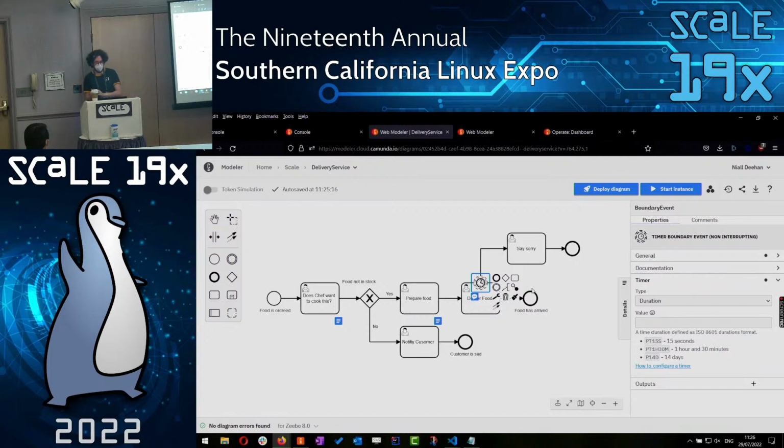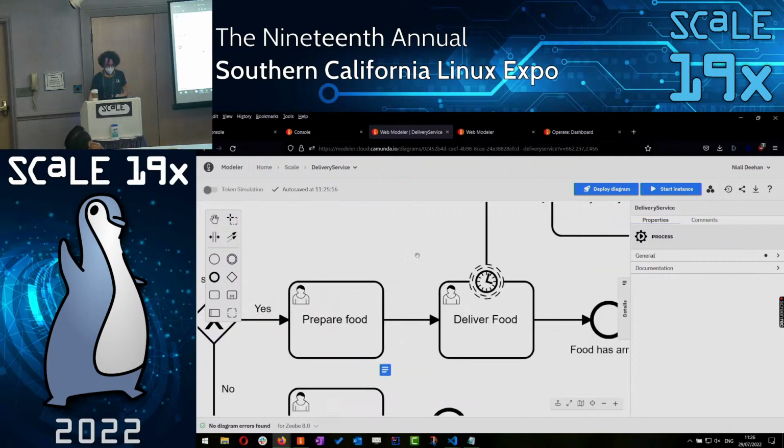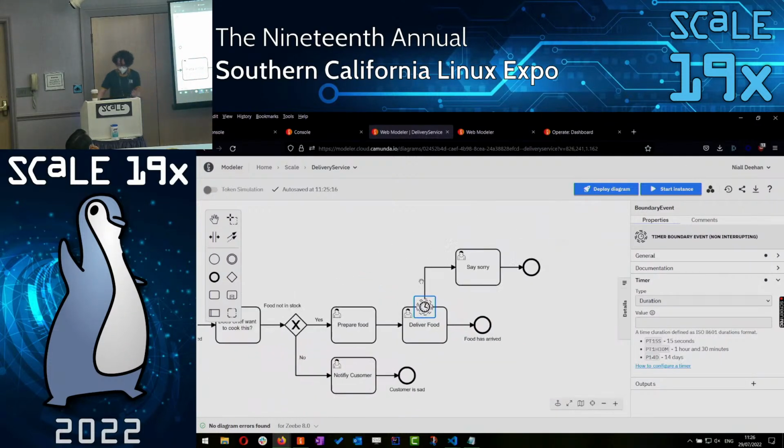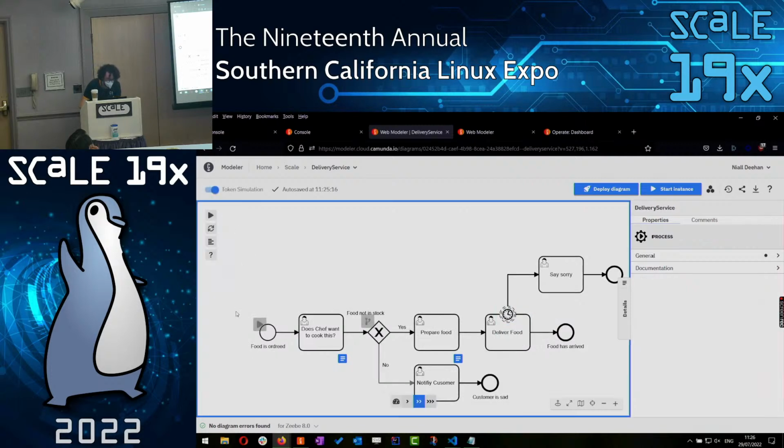Okay, folks, so we're going to quickly discuss the timer before we go into the gateway, because it's actually the easier symbol to implement. So this is a non-interrupting boundary event. And this means that this event is scoped to this one task, and it also means it's non-interrupting, which means if we use token simulation on this,